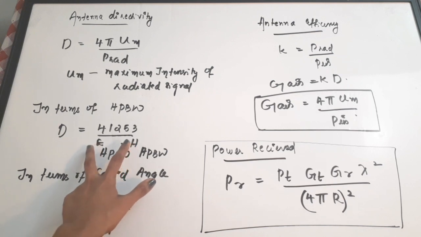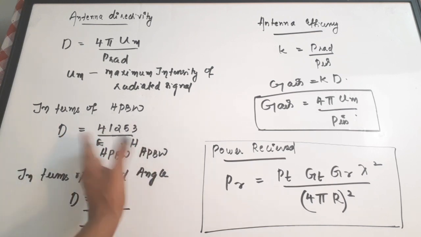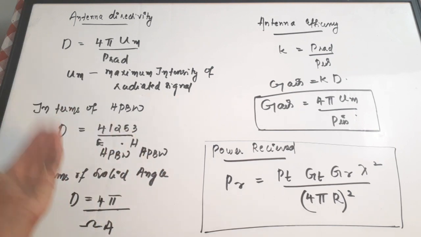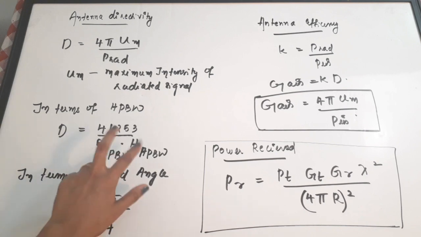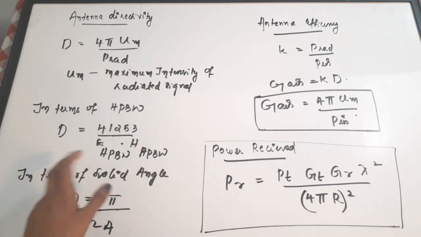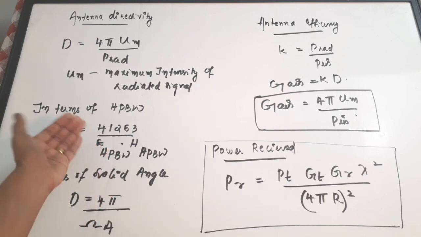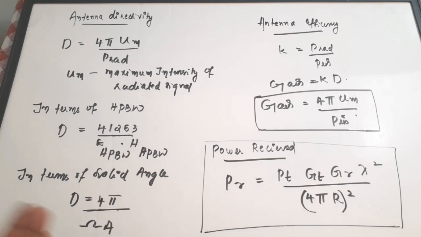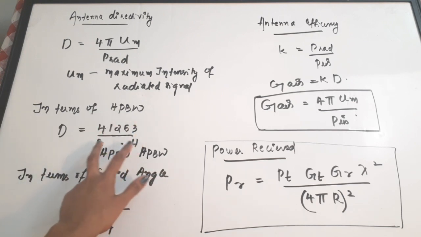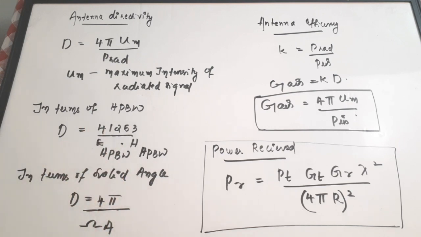Anyway, you should know that these two half power beam width planes should be perpendicular to each other. Even if you are not using the E plane and H plane and you are using some other planes, they should be perpendicular to each other. We know that the E plane and H plane are normally perpendicular, and if you want to use the equation in terms of E and H planes, this is the equation. But if you are using some other two planes, they can be any planes, but those planes have to be perpendicular. Okay, that is a criterion.